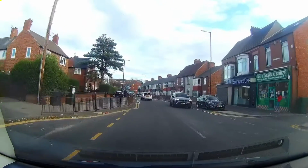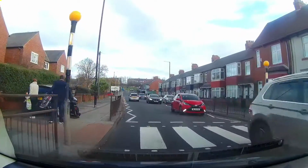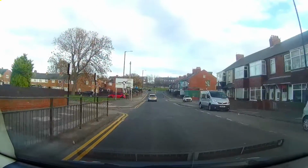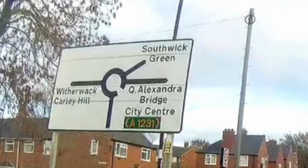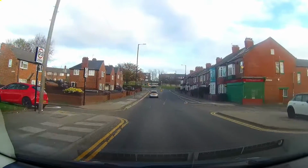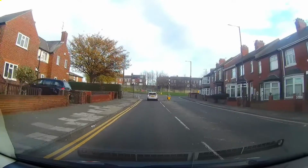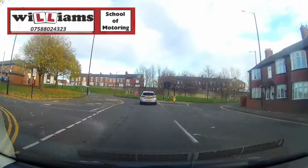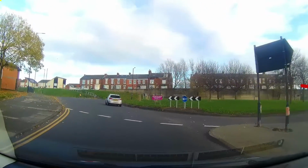Heading in the opposite direction, as we approach the roundabout on this occasion, we're going to be turning right, second exit. Check your mirrors, indicate right, and on approach, look to your right. If it's safe to proceed,